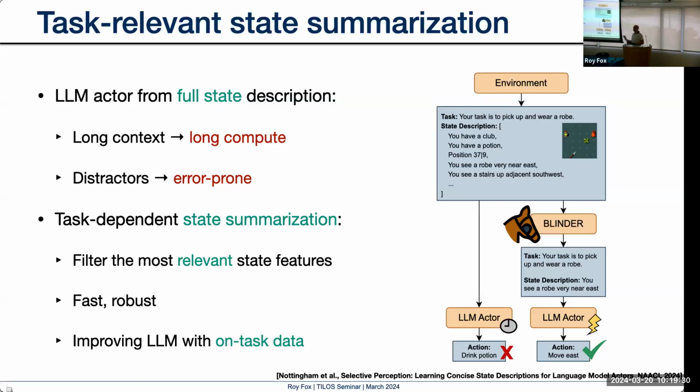One nice feature about this is, remember that we're training those LLMs from a lot of data. But all that data is irrelevant for our task. Well, maybe NetHack, it has seen on the web somewhere, but it's not relevant for this specific task. And it may be relevant for future environments and weird environments, or maybe it's supported by the data, but it's sort of a weird edge case that it's not really optimized for. But if we can take some on-task data and use that in addition to the language model, now we have hopefully the best of both worlds.